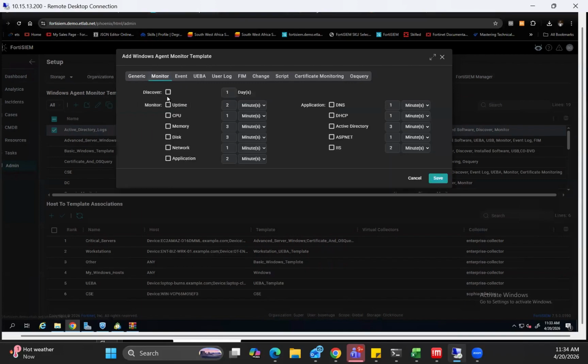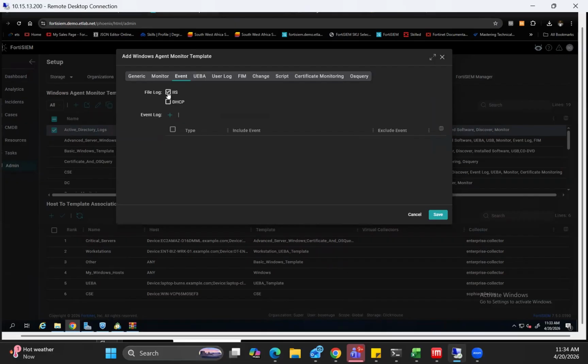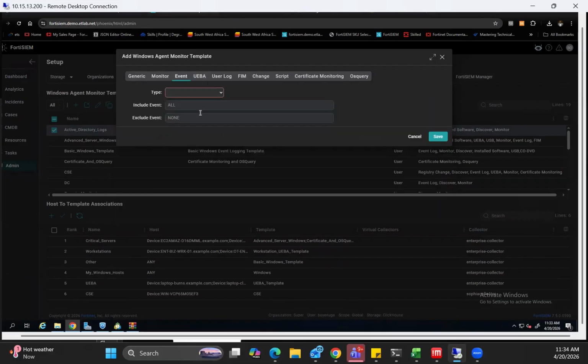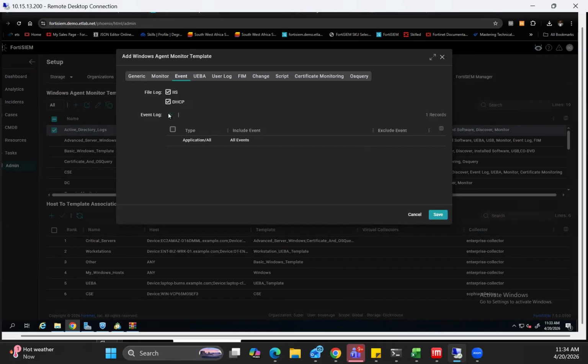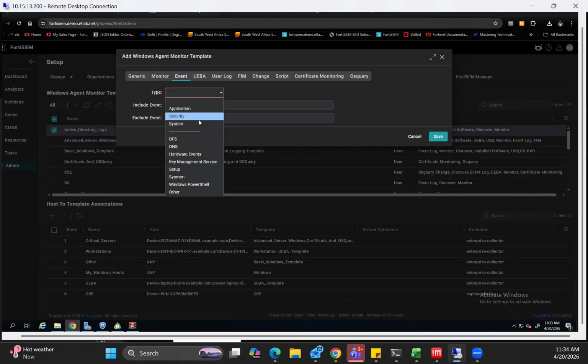Then put on monitor discovery, events, DSCP. Okay. Can also add event logs here, application, source, all, save, event logs, security, save,